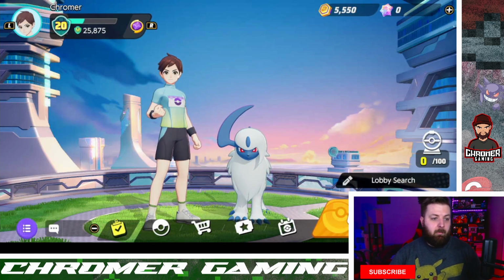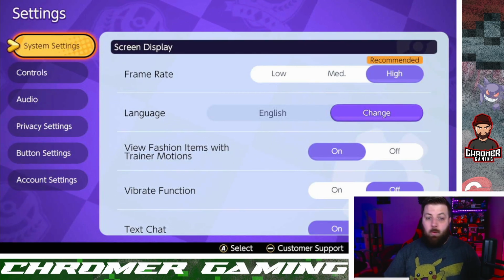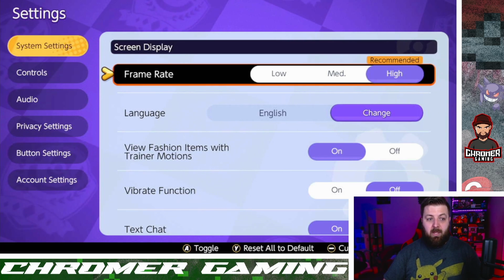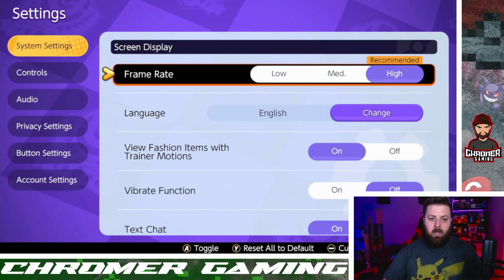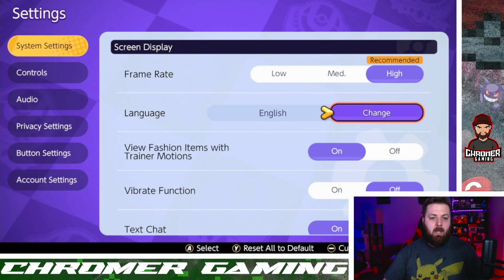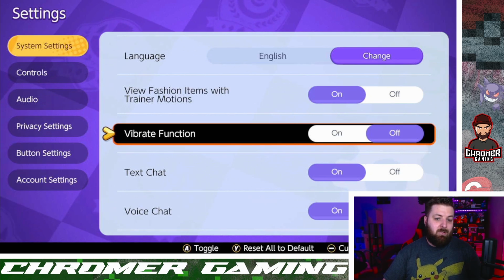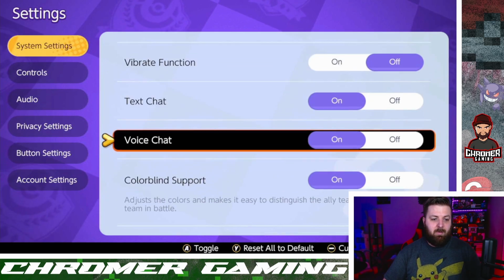Alright, so simply, obviously, come over here to X, go all the way down to your settings, and we'll run through each one of these one by one. So system settings, just put it on high frame rate. It doesn't make a huge difference, but you know, the higher frame rate you have, the better it's going to be. Language, I mean, obviously you could change your language if you wanted to. Vibration, I turn it off. It's totally personal preference. The rest of these settings,